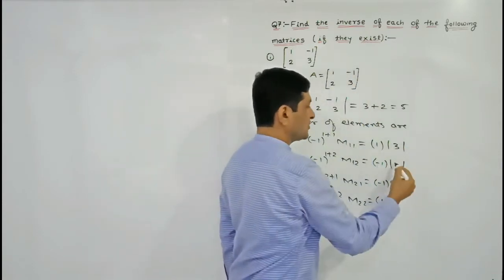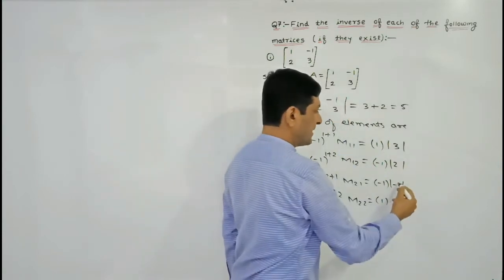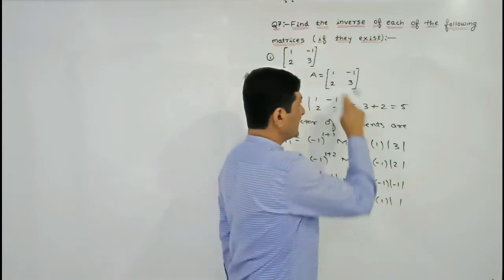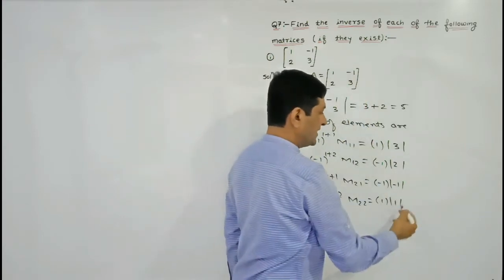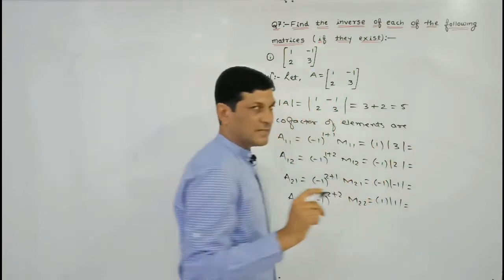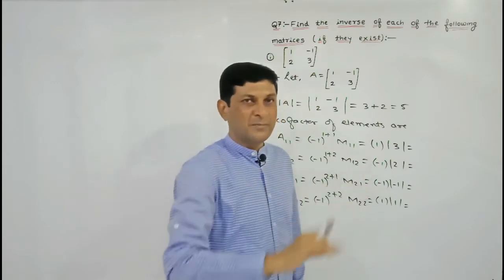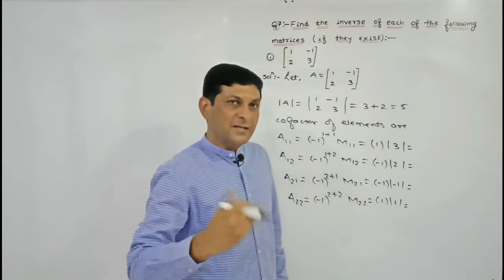First row, second column, so we will get 2. Here delete second row, first column, here we will get -1. And lastly delete second row and second column, here we will get 1. As it stands, in the determinant only one element is there, and if one element is there in the determinant, at that time whatever may be the element, means whatever may be the number, that number will be the value